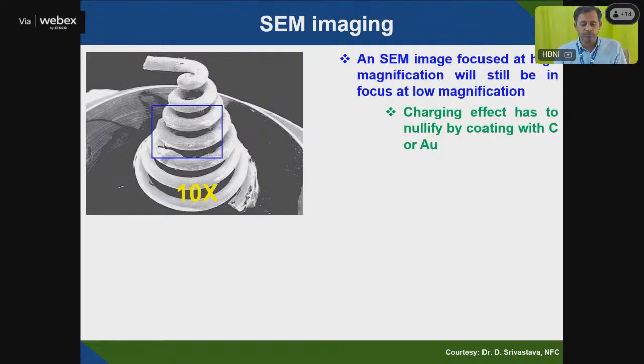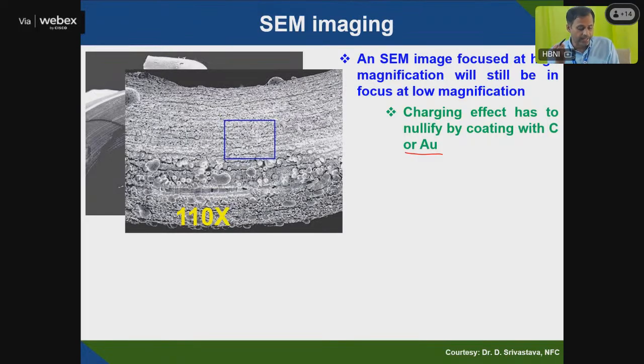Just one example I have shown here: an SEM image focused at high magnification is a coil. In the coil you can see that a charging effect has to be nullified with gold or carbon coating. Once you have a proper coating, you can see the image. At 10x magnification, we can see only the ring structure, how these rings are aligned, like an optical microscope. And if you go to 110x, I am magnifying by 100 times from 10x to 110x,